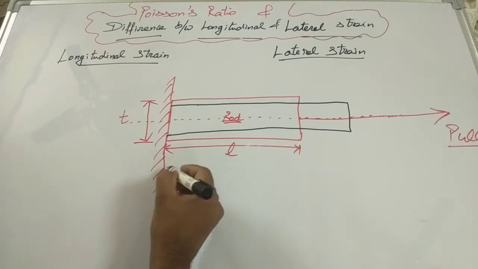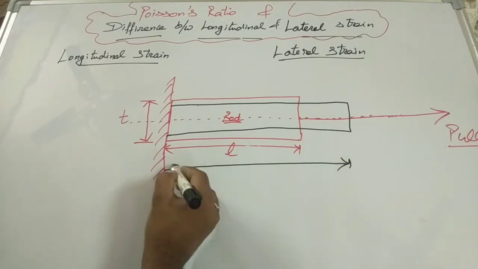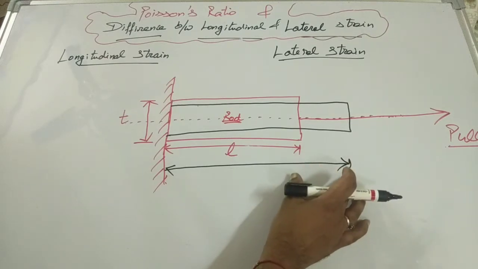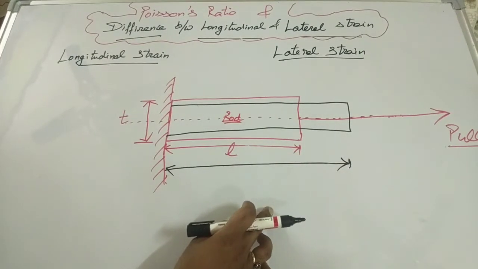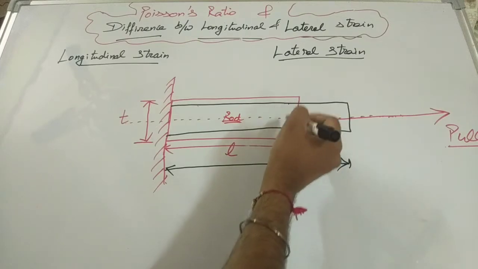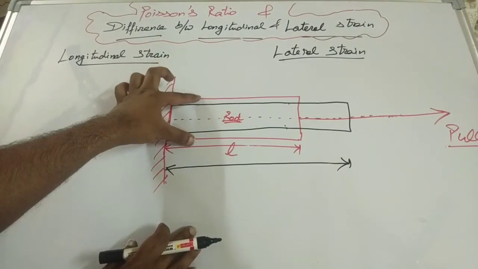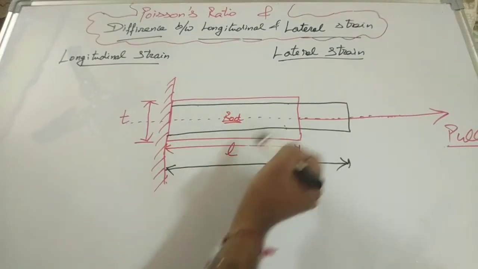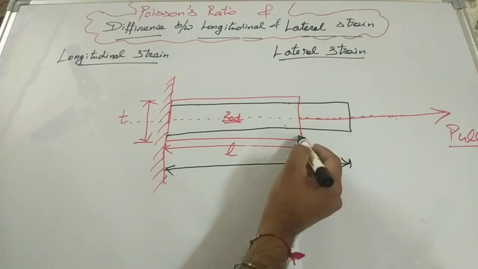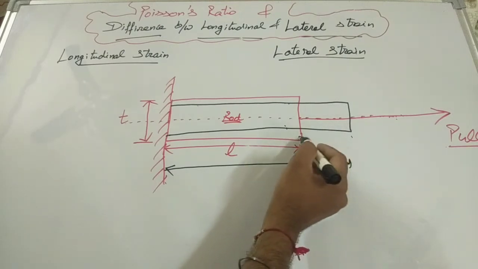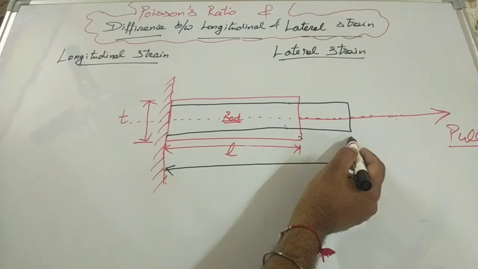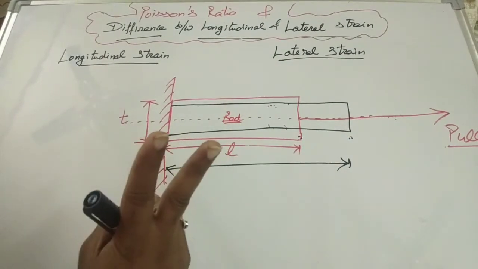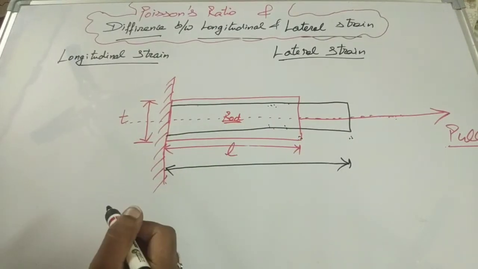Clear guys? So now this is the new length of the body, or you can say this is the strain, or deformation, parallel to the load, the line of action of force. And this deformation, where the thickness of the body is going to decrease, is at right angle to the line of action of force. This one is the line of action of force. This deformation is in the same direction as, or parallel to, the line of action of force, and this deformation is perpendicular to the line of action of force. So we can say majorly two deformations are coming with the load on the body.